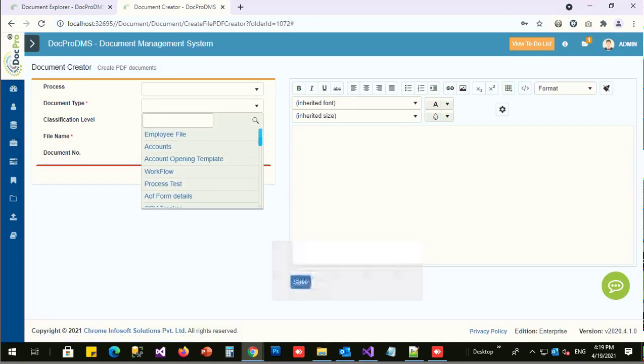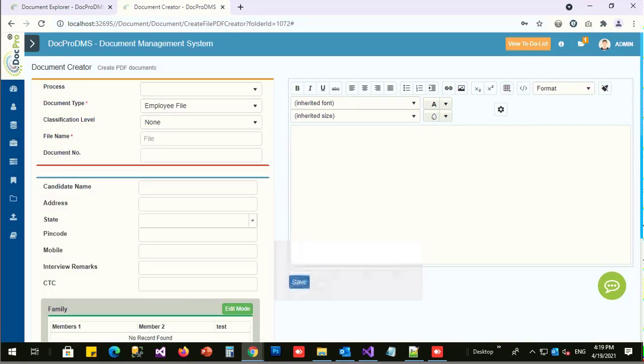So now we are creating a file inside of DocPro. We are again selecting the document type, and based on the document type below, you will get the index fields. On the right hand side, you will see the text editor. You can write text inside the text editor. You can format, and there are various formatting tools available. What we are writing is: this file is created in DocPro just as a sample. You can write anything over there, and then it will create that file.